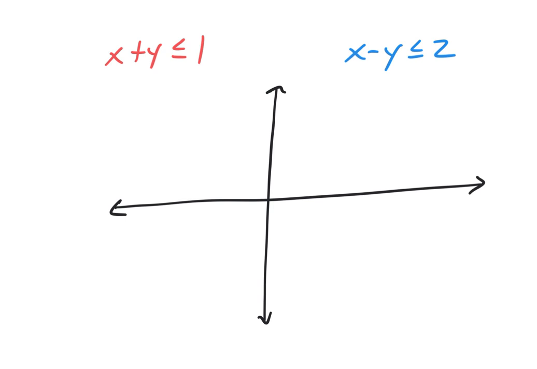So like, for instance, on this one, I could subtract x, and I get y is less than or equal to negative x plus 1. It's not a big deal, okay? Over here, you could subtract x and divide by negative 1, or what I think's maybe even a little bit easier is I could add y over here, and I could subtract 2 over here. Now, the part here that you got to be careful of